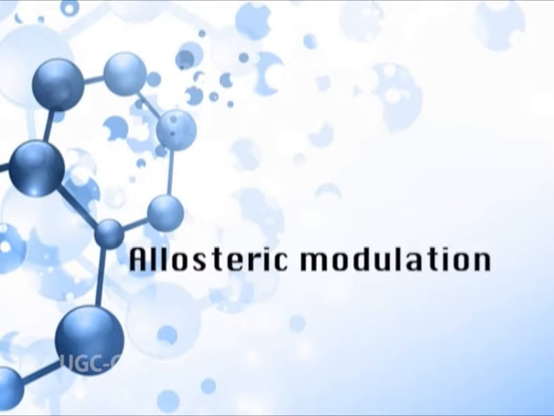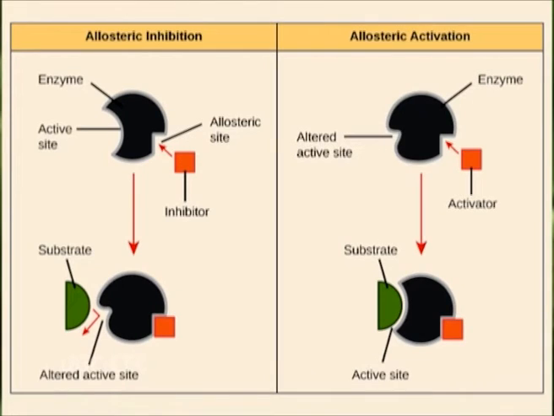Allosteric modulation. Allosteric sites are pockets on the enzyme distinct from the active site that bind to molecules in the cellular environment. These molecules then cause a change in the conformation or dynamics of the enzyme that is transduced to the active site and thus affects the rate of reaction of the enzyme. In this way, allosteric interactions can either inhibit or activate enzymes.